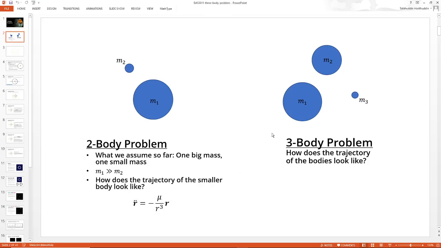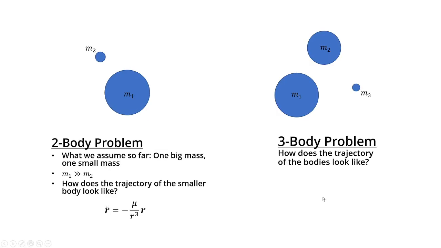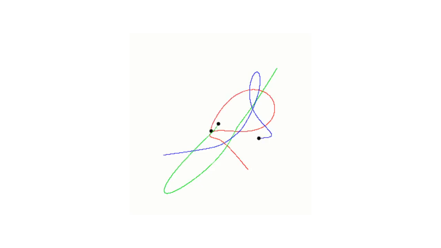Okay, so now what's a three-body problem? It's something like this. You have three bodies all with masses. In this case, how would the trajectory of this look like, or the trajectory of this and this, how would they look like? Let's see how they look if, let's say, they are about the same mass. So look at this. If you can see this animation,